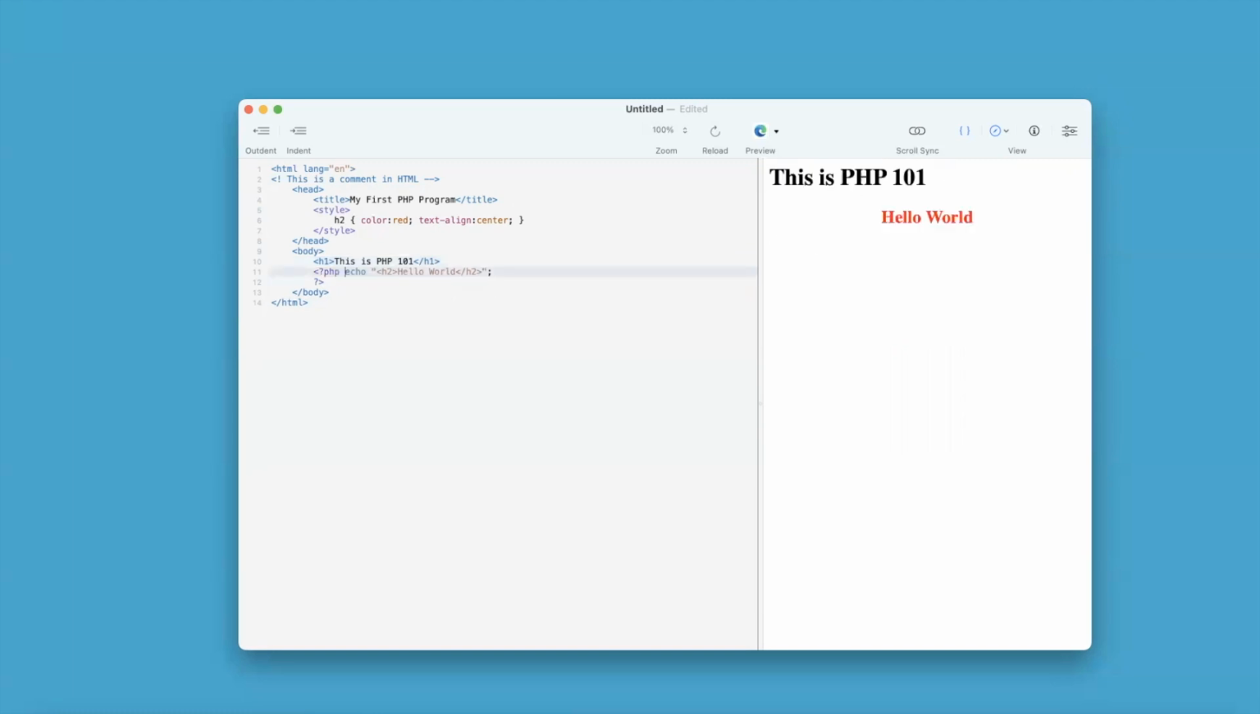I can do this. And then I can do, this is a paragraph, blah, blah, blah. And then do again PHP. And I'm going to do something a little bit different. I'm going to do echo 23 plus 42 equals, and when you're using the echo command, the dot right here, the dot is how